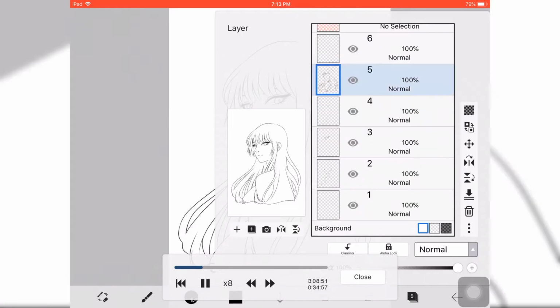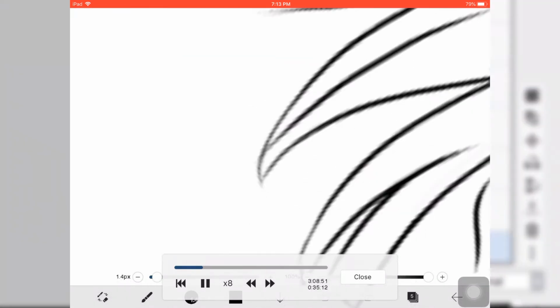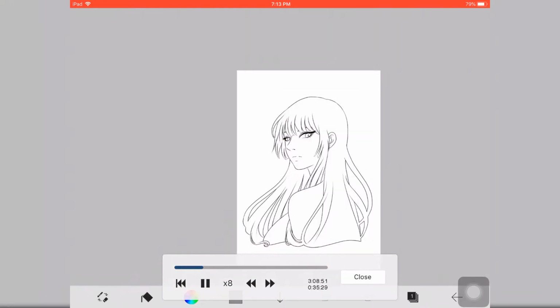Then when I'm done with the line art, I create a new layer and